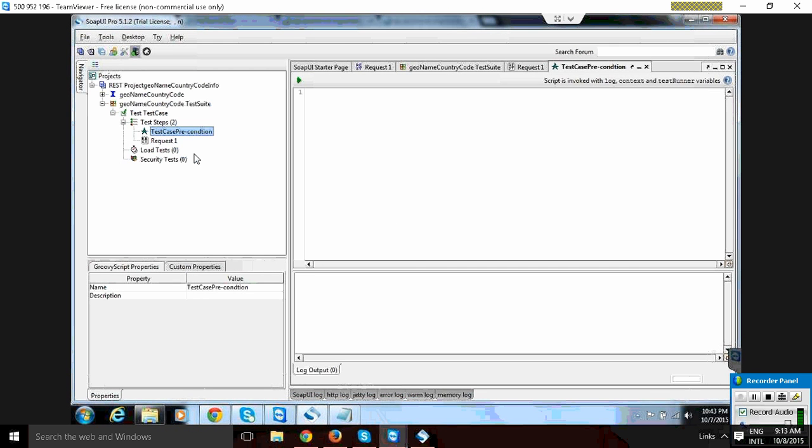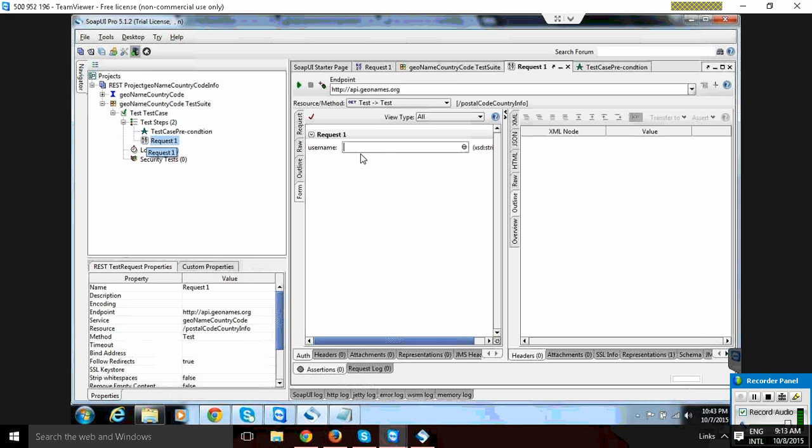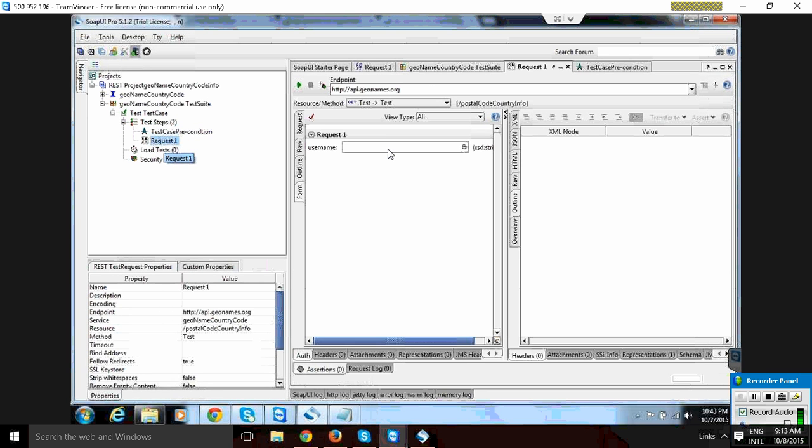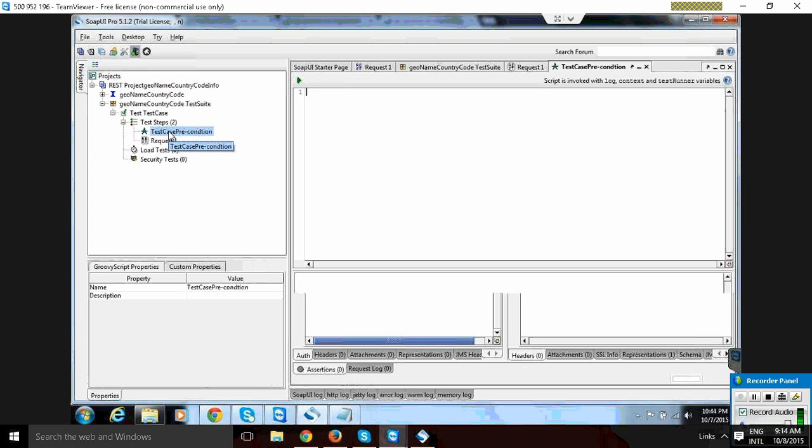So what is my pre-request? I need to send a username. So what I will do, I will create. As I told you, if you want to parameterize anything, that should be done by property only. As we discussed in the last session, a property can be at test case level, test suite level, or project level. So in the script, what I will write is